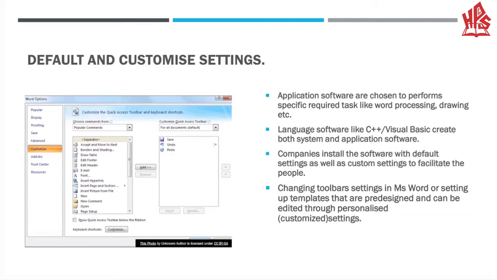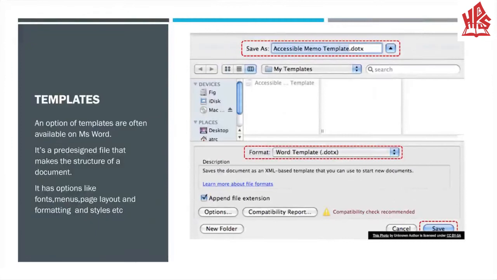Going further into customized settings, we can see that on the left hand side there is a picture similar to the picture in your book of figure 16.1, which shows you can customize the settings as per your needs. Now let's come to templates. The figure you can see on the right hand side is similar to the one shown in your book, figure 16.2. This is called a template.